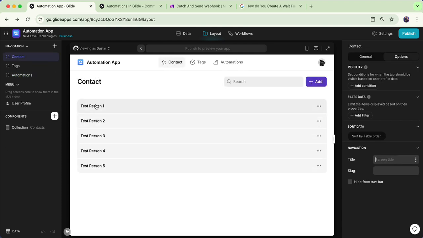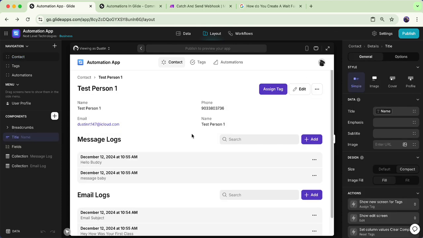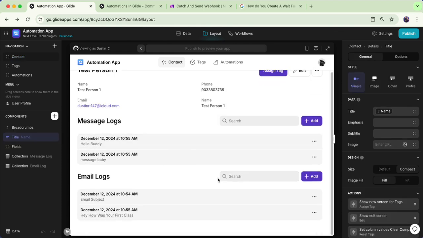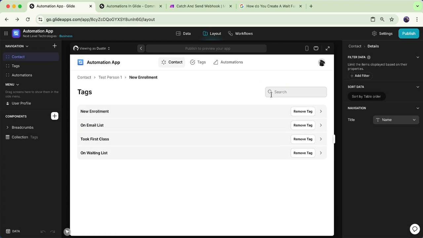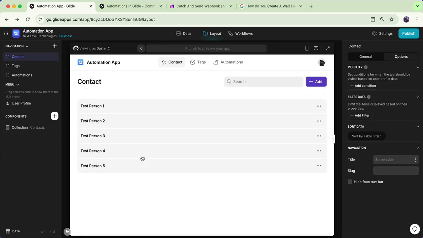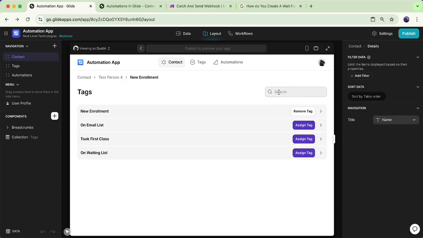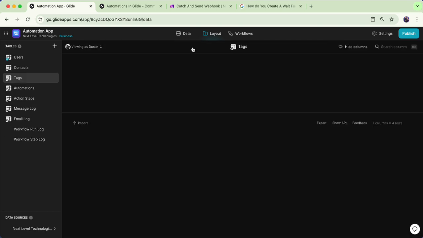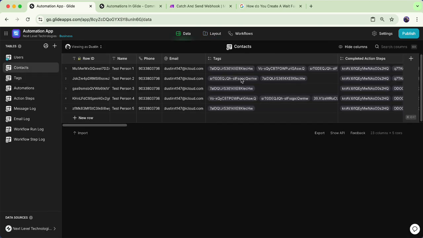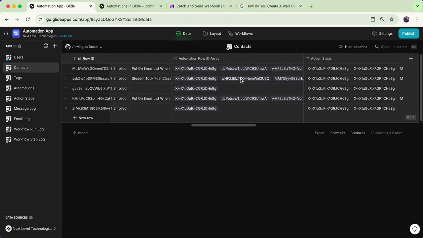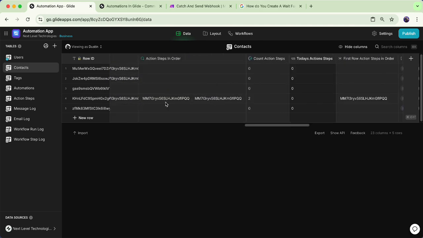So we go into a contact and we do test person 1. These are the current message log so I can track if it's working, but assign the tag. I have all these assigned right here. Let's go back to like this person. Okay, I'm going to assign all 4 of these, and then we go into the data editor and go to that contact. You'll see that now they have more action steps that come up,